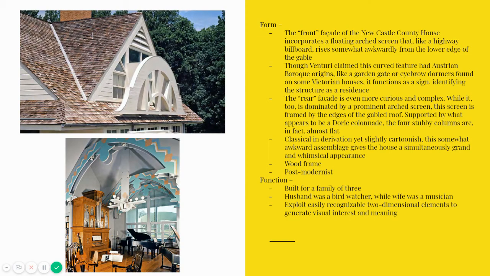So now we're getting into architecture that not only is an ode to the past, but there's symbolism involved, and there's personalization, which is total opposite of what was happening with the international style and even the prairie style,